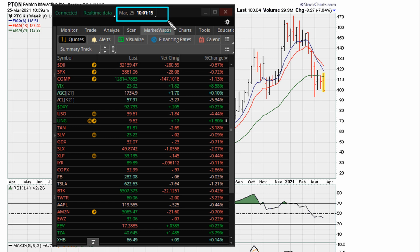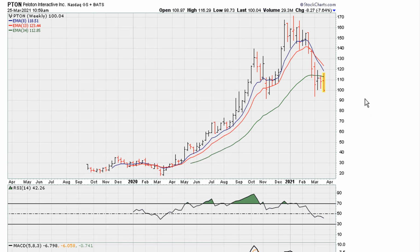Let's take a look at a stock that was one of the best movers for 2020. And I want to discuss this idea that the same setup is good on the way up, and it is also very effective on the way down. All right, so here we have